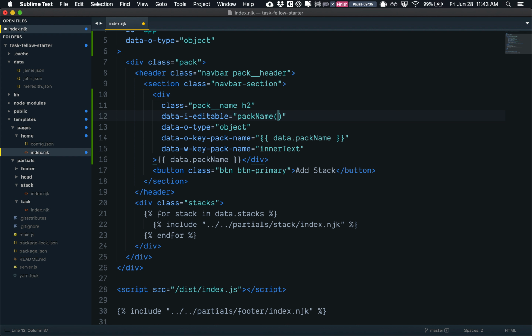The choice attribute isn't implemented yet though, so for now let's just use text single line, and then that's going to be editing this key value pair, and then the watch attribute will update the inner text based on that. Okay, so that's the basics of